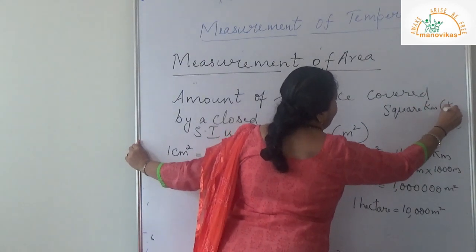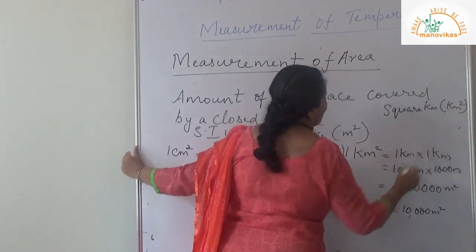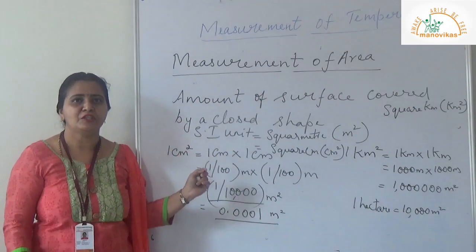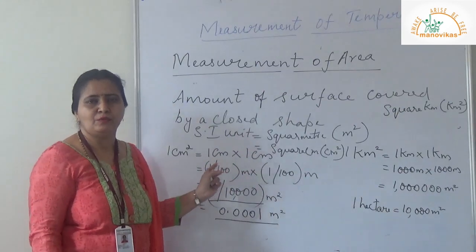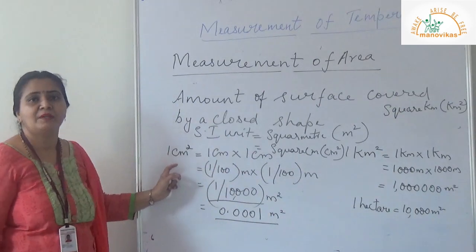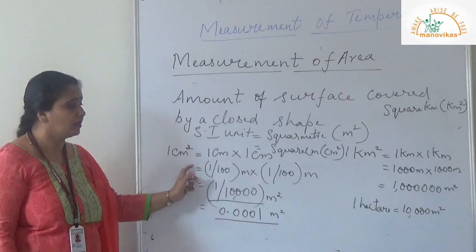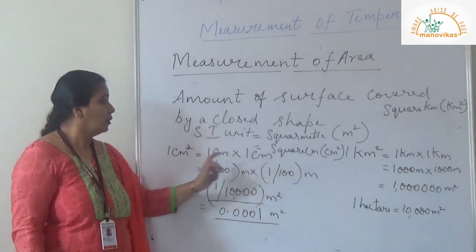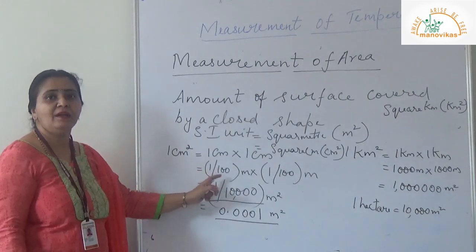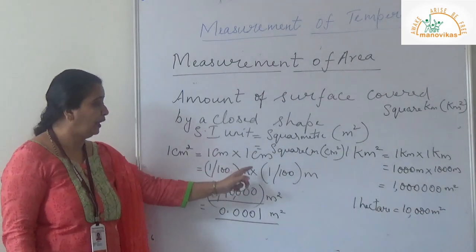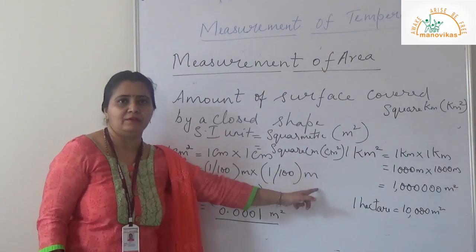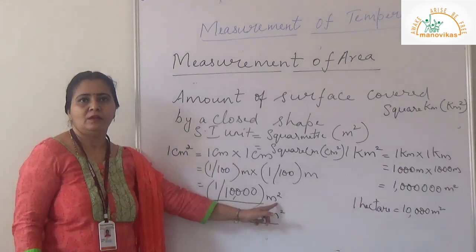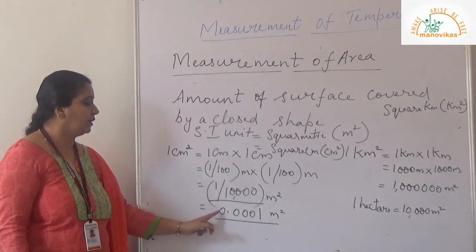Or kilometer, in symbol we write it as kilometer square. Now let us see the relationship, how the units are being used in this. So 1 centimeter square is equal to 1 centimeter into 1 centimeter. So 1 centimeter, that is 1 by 100 of meter into 1 by 100 of meter, that gives you 1 by 10,000 meter square. And in point, if you convert it, so it becomes